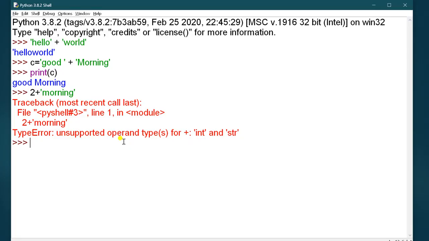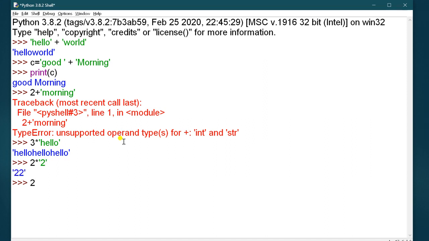I'm showing you how it will work. For example, 3 multiplied by "hello" will give you hello three times. If you write 2 multiplied by the string "2", it will give you 2 two times.